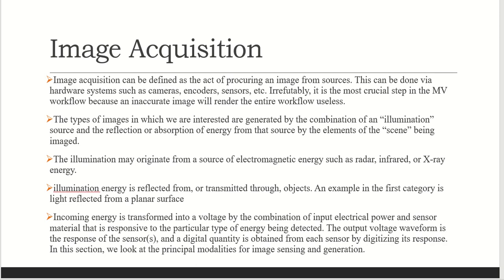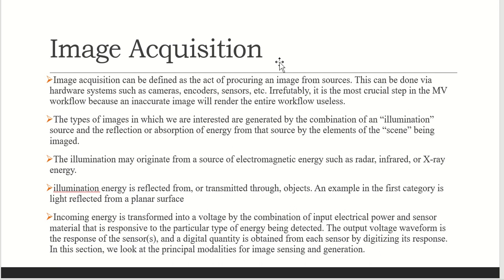Let's know what is image acquisition. Image acquisition can be defined as the act of procuring an image from sources. This can be done via hardware systems such as cameras, encoders, sensors, etc. Camera, encoder, and sensors are the devices used to acquire an image. Irrefutably, it is the most crucial step in the MV workflow because an inaccurate image will render the entire workflow